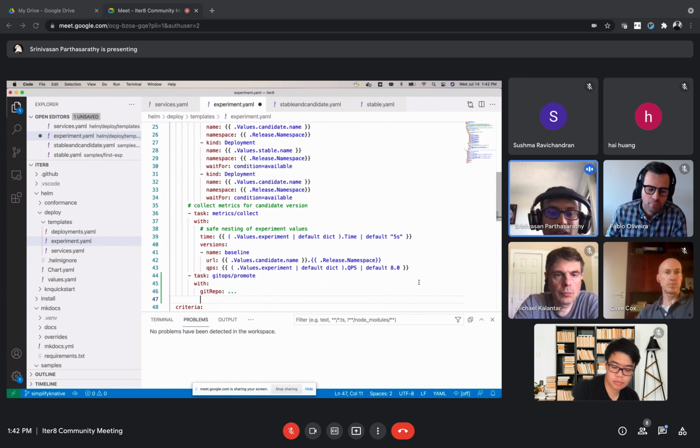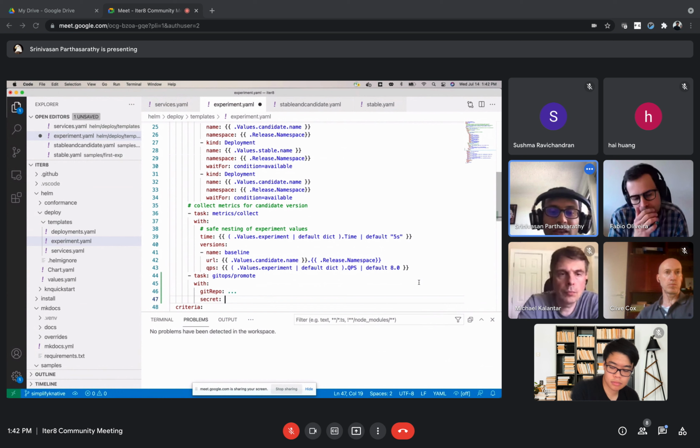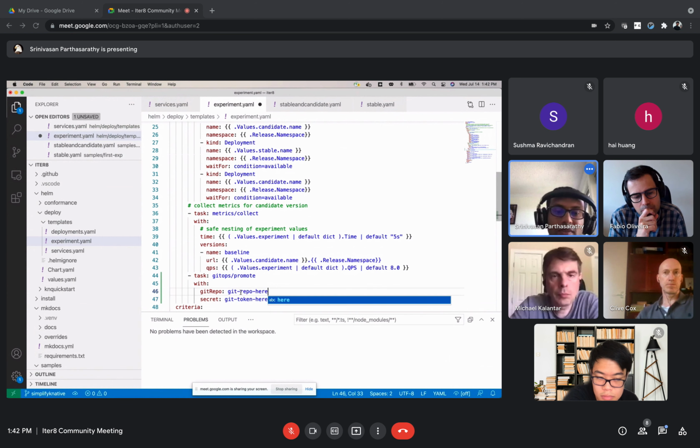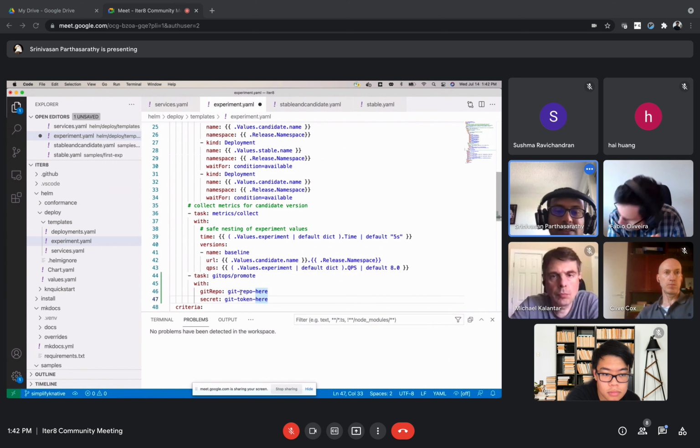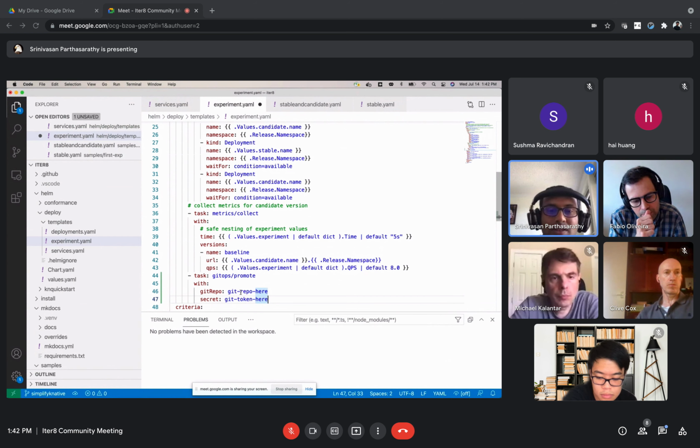I need to be able to update it. So let's say secret and Git token. And repo here. You can do this. That's it. Because to me, this is all your Git promote task needs to look like if you put some structure around